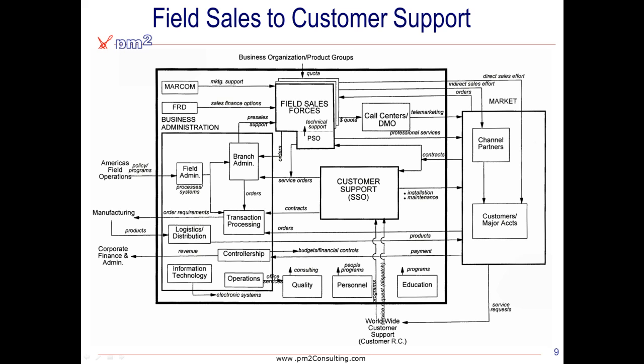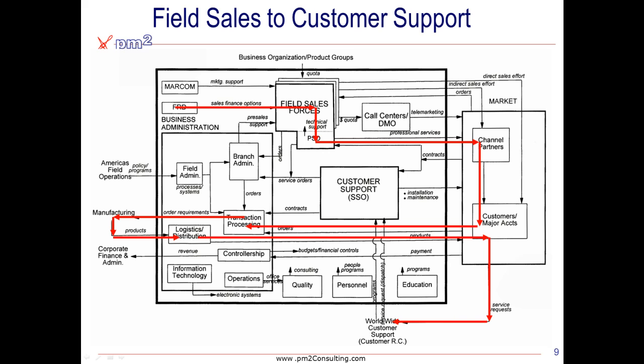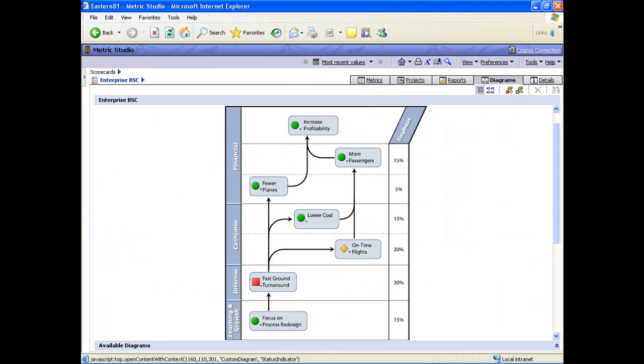If we take a look at any core process in an organization, if we had a decision in this world before you around some field sales activities, we may eventually drill through field sales to partner channels, to customers and major accounts, through transaction processing, manufacturing, again through major accounts down to, say, worldwide customer support. By the time we've drilled through the data to that level, we've gone through 7 major systems, neither of which are likely to be well reconciled or aligned in their data. Creating this trusted data becomes an important step to being able to populate the strategy map with some simple performance indicators. We now have a balanced scorecard.